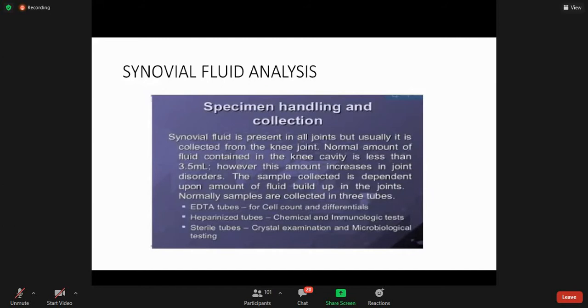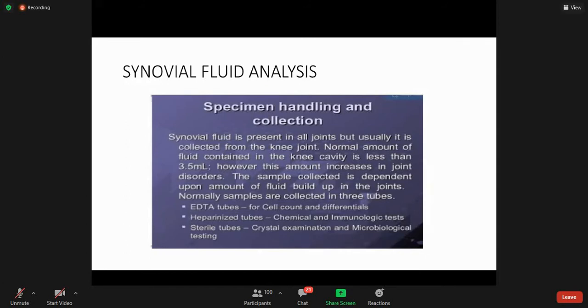And the second would be macroscopic, that is done with the naked eye, or the physical analysis, how the physical appearance of the sample is. And the second step would be microscopic analysis. You will analyze the sample under the microscope after preparing a slide of the sample. And then third, we will do the chemical analysis by adding certain chemical reagents to observe certain reactions.